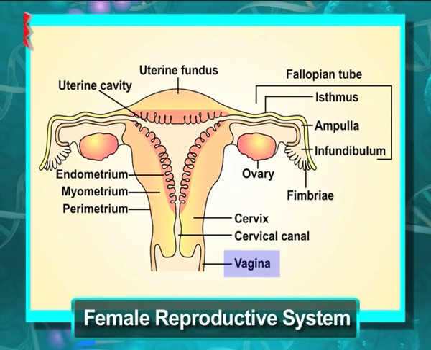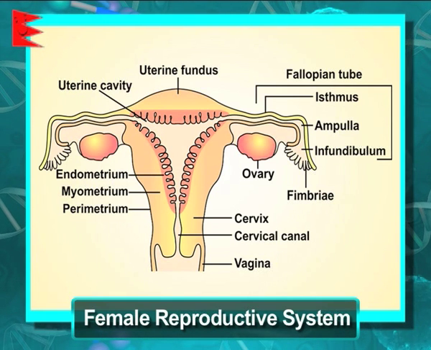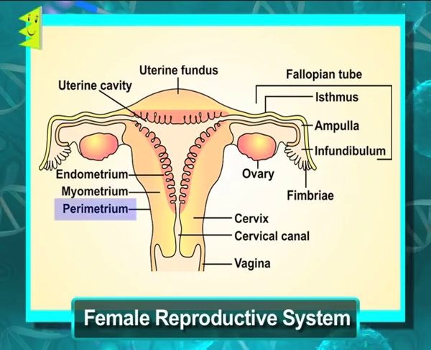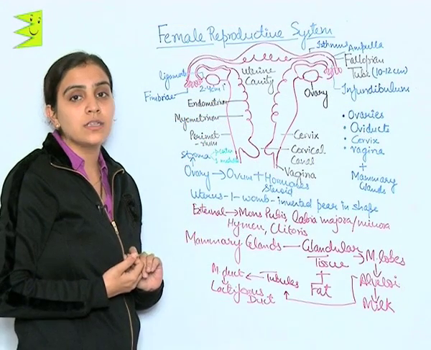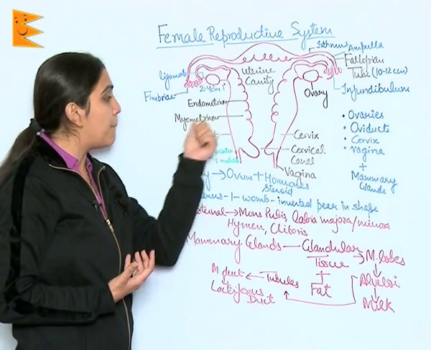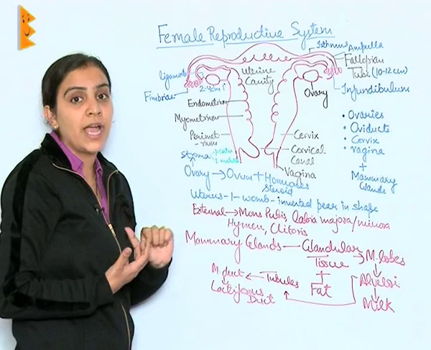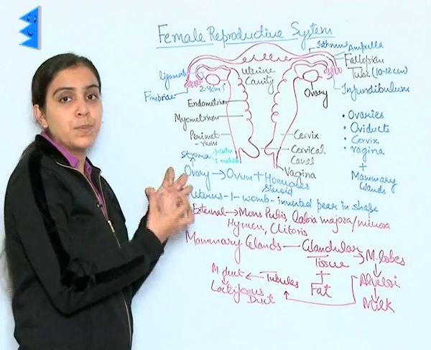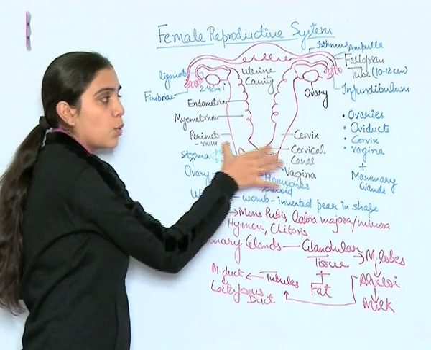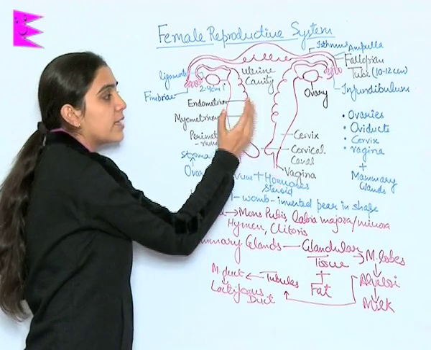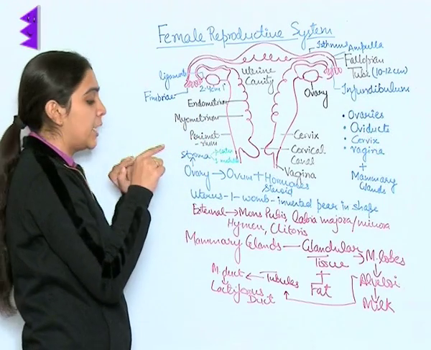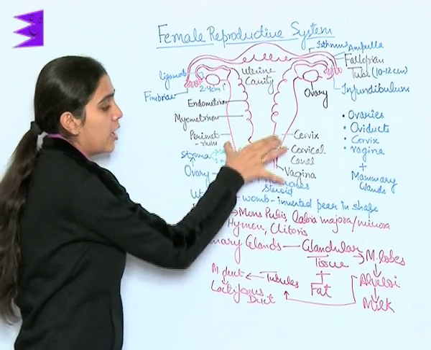Now this uterine cavity or uterus has three layers: endometrium, myometrium and perimetrium. Endometrium is the one which is involved in the menstrual cycle. It undergoes cyclic changes. Myometrium is the one which is involved in childbirth. Contractions are experienced in the myometrium during childbirth. There is only one uterus. Uterus is also known as womb, and if you see its shape, it is inverted pear shaped. Now, this is the internal